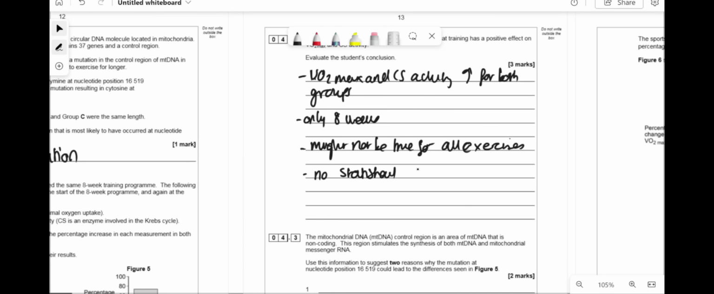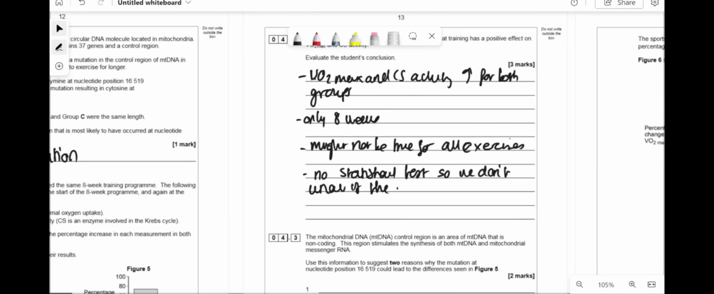No statistical test done, but you need to say why that's important. I've seen so many people, which drives me bloody insane, when they say, "Oh, there's no statistical test." Okay, so why do we need to do a statistical test? So there's no statistical test, so we don't know